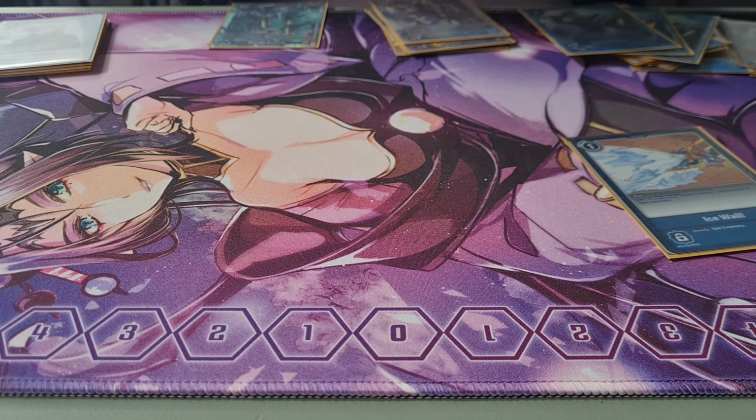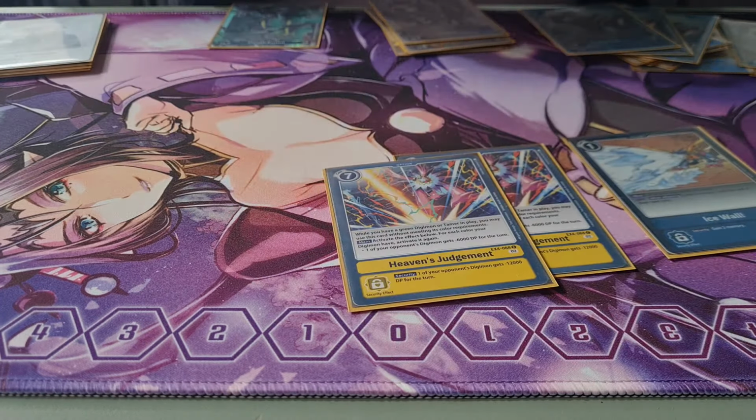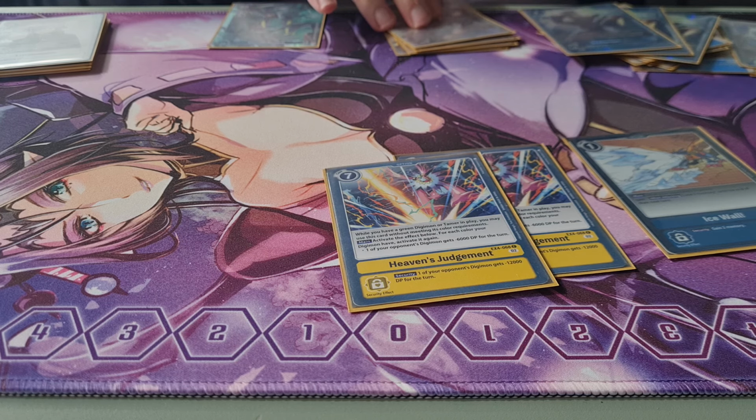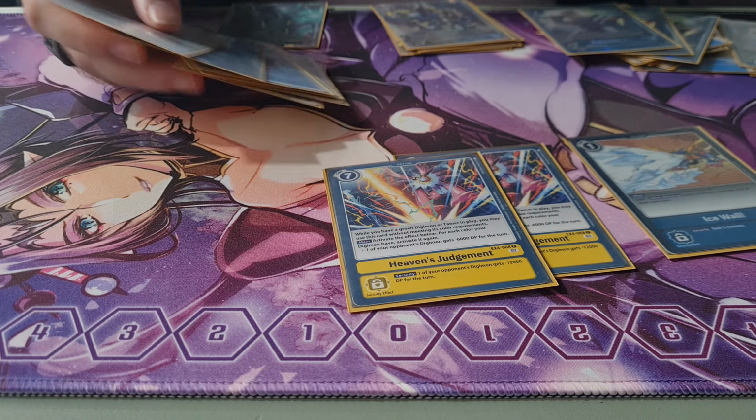Then when it comes to options, I run 1 Ice Wall. It's really good. Then I run 2 Heaven's Judgment, which is a really, really good card, but it can have a little trouble activating in this deck. All your Magnamons proc it, but none of your level 3s or your Zudo will activate it. Neither will any of your Tamers, so you have to have a Magnamon on board to use it,